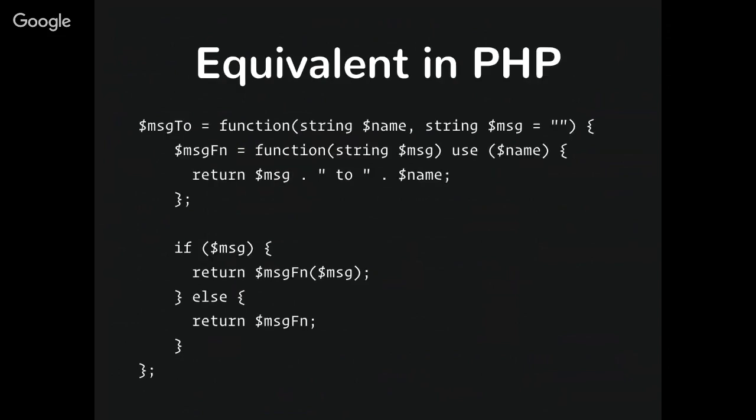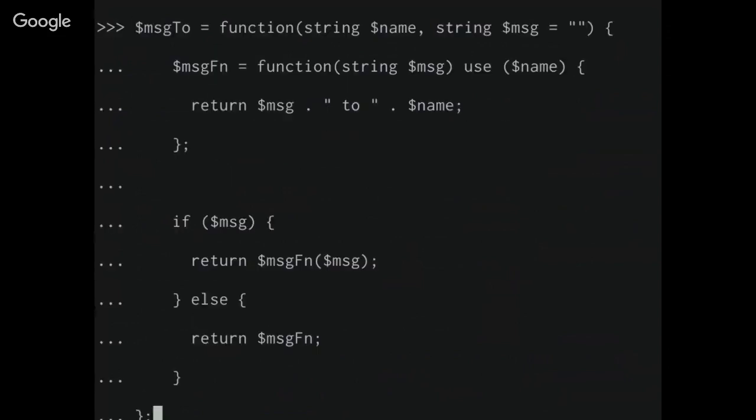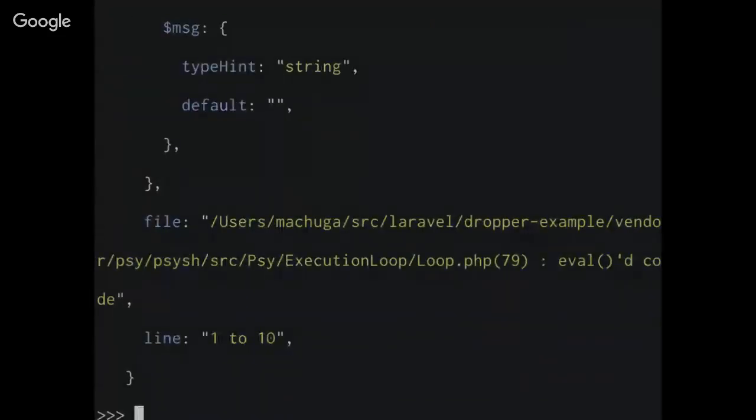This is the same thing in PHP. So this function can potentially return a higher order function. This is gobbledygook that I swear looked more relatable if you're a PHP developer. So if you've done PHP, this should look pretty familiar. But this is how the function works in PHP.